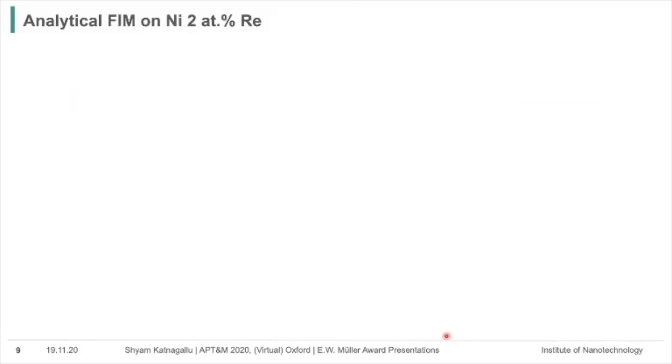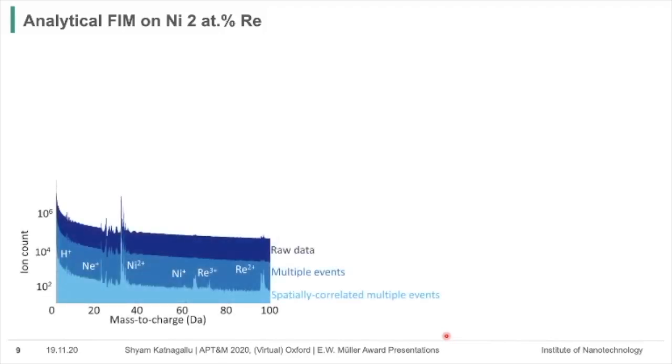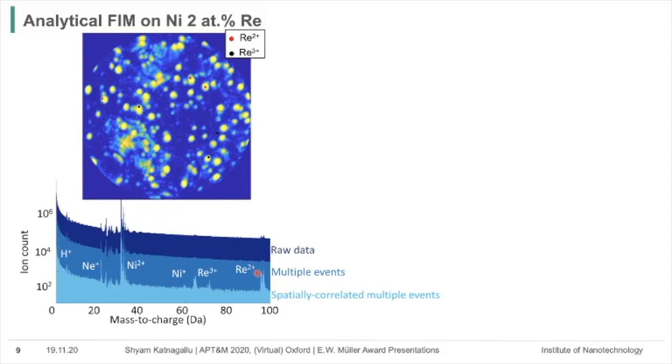So we did analytical FIM on nickel 2 atom percent rhenium. And when we apply this filtering algorithm to our mass spectra, you can clearly see the rhenium peaks and nickel peaks. And not only that, now you can overlay this information onto the field ion micrographs which you are obtaining. So the chemical information from the mass spectra can be simultaneously projected onto the field ion micrograph